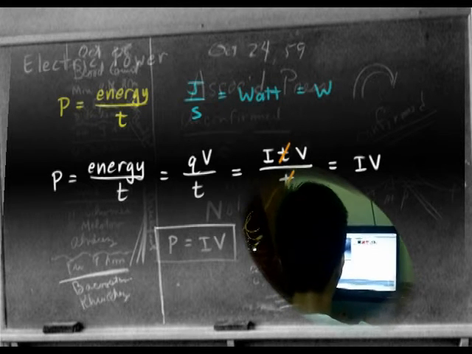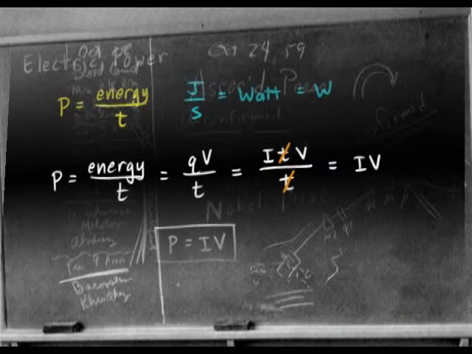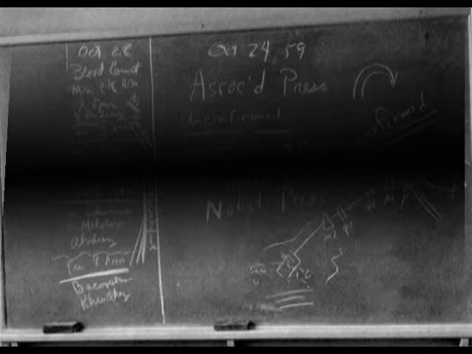That means in any electrical device that has some current flowing through it and has a certain amount of voltage also is using energy at a certain rate. That's the power, and that rate of energy usage is always current times the voltage. Now we'll do some examples with this, but hold that for just a second. I want to do a little bit more with this equation first. Take this equation, P equals IV,